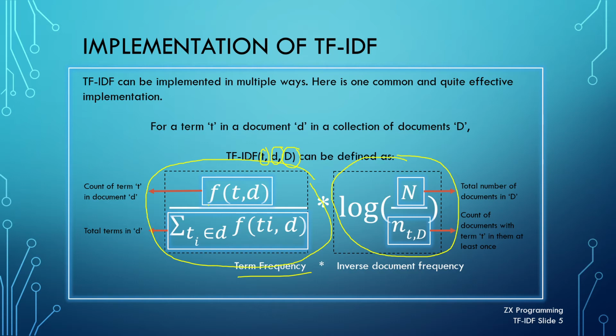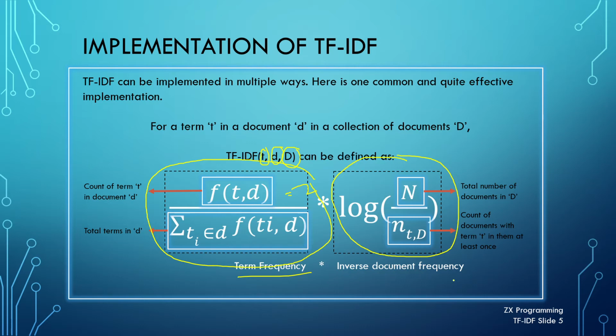In term frequency, the numerator is basically the count of term T in a document D. For example, if we have a sentence such as "a boy is eating a chocolate", and we need to calculate the TF-IDF for the word "a", we can say that f_t,d equals 2, since "a" appears 2 times in that sentence. The denominator of the term frequency is basically the number of tokens or terms in the single data set that you are considering. In our example, "a boy is eating a chocolate", this value will be equal to 6.